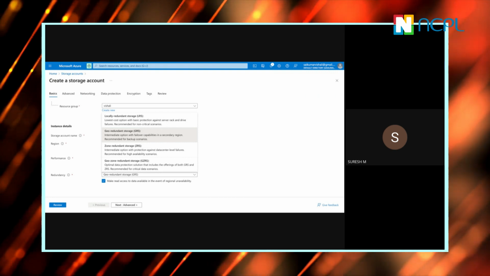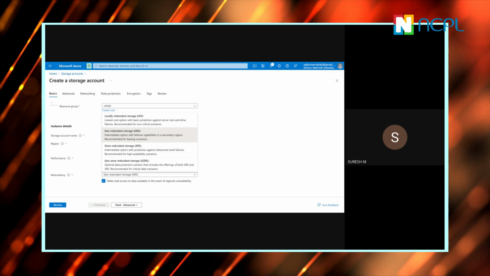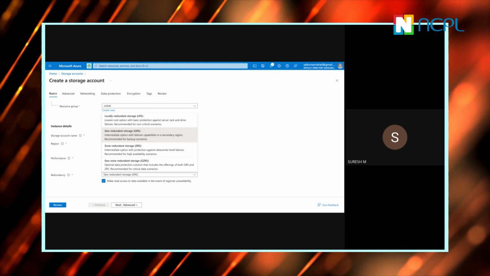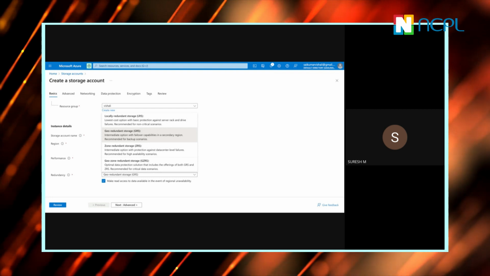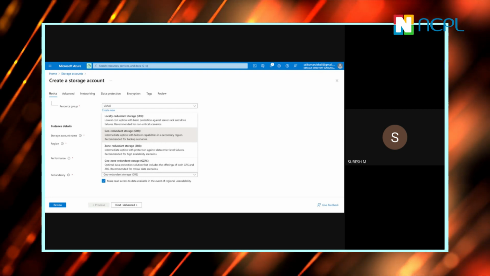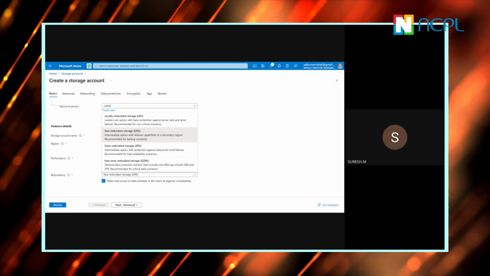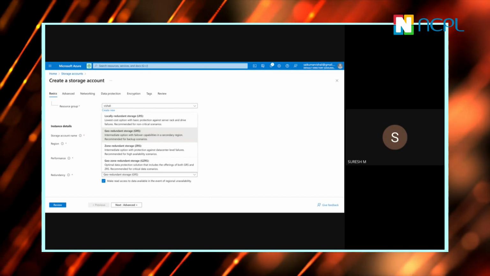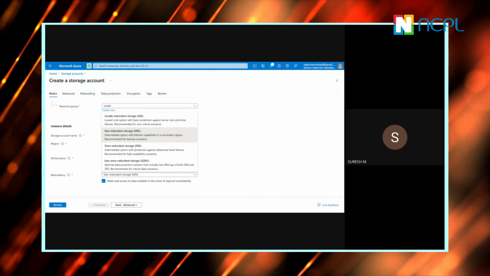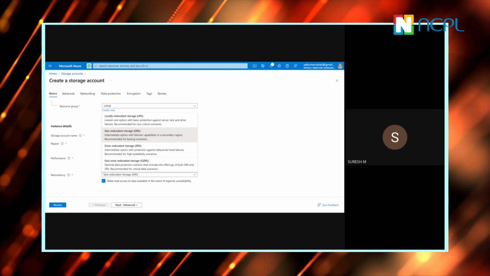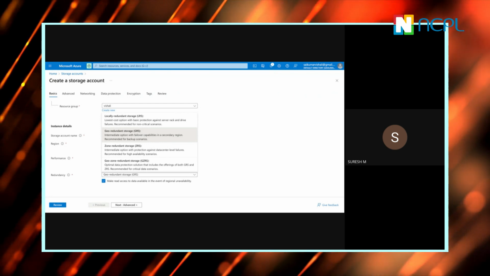In the same data center, that means, don't you think so? Keeping 3 copies in the same data center, in the same building, don't you think so? It's risky. What if my building collapses? It's risky or not? Yeah. So it will give you 3 copies of your data between server racks. I'm not sure whether you know about server racks or not, but I'm just trying to make you aware that LRS is for basic protection.